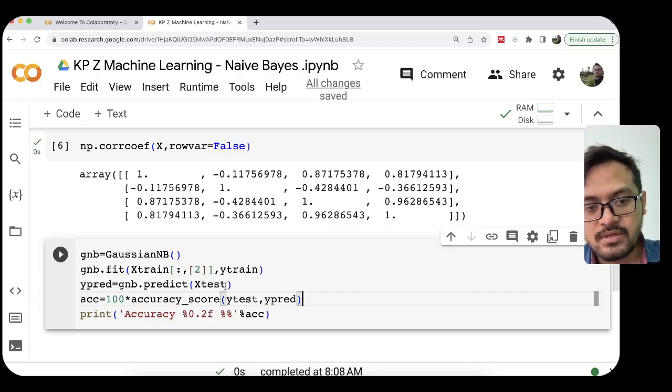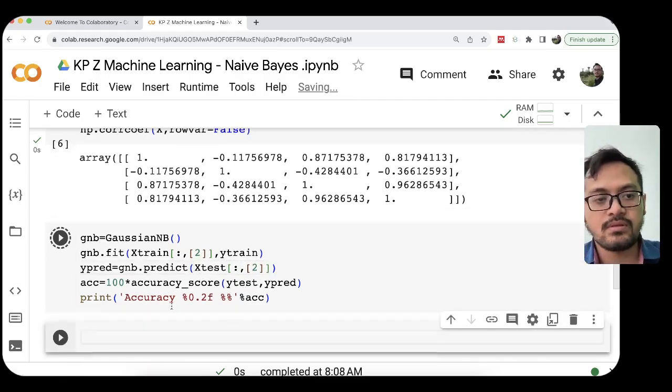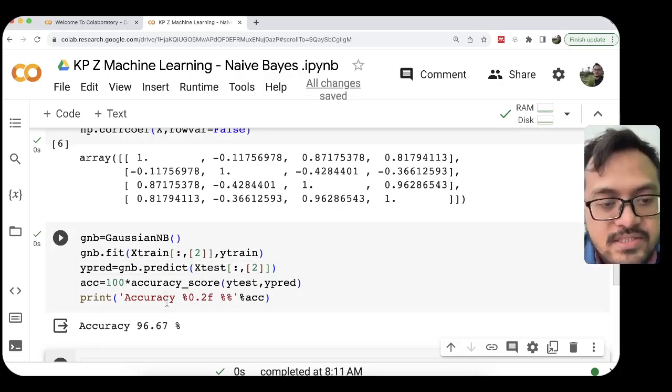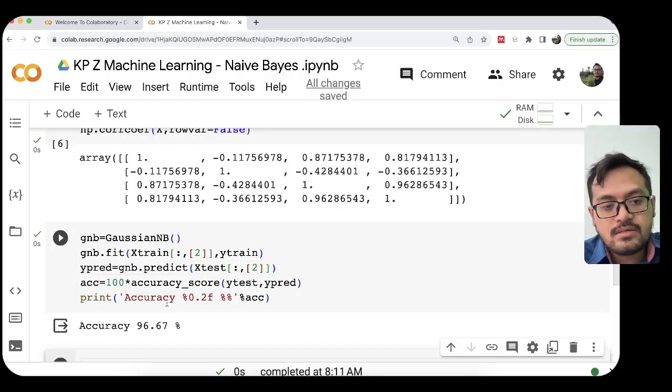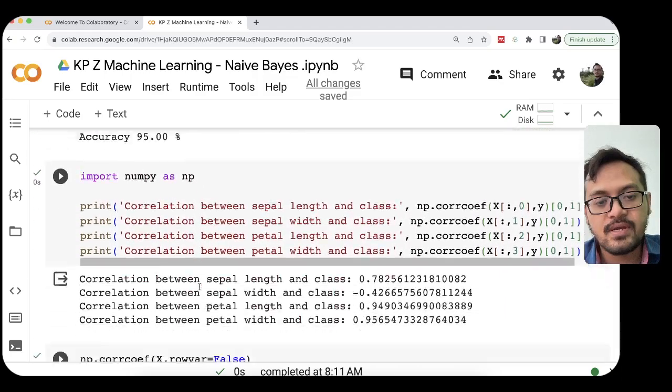The same applies to X_test. Then we calculate, so we get the highest accuracy if we use all of the features.